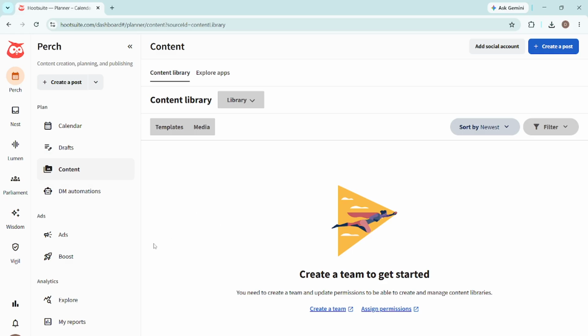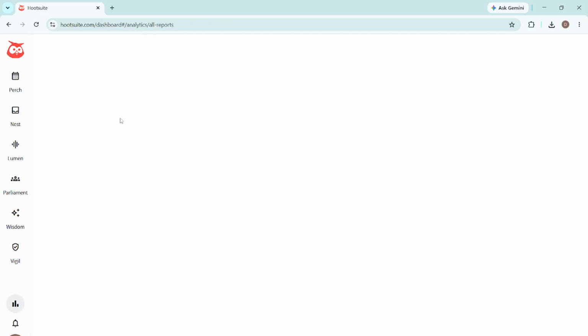Next, once you are signed in, select My Reports. On the dashboard, look for the area that shows your reports. Sometimes it is listed in a navigation menu or a section on the main screen. When you select My Reports, you are telling Hootsuite that you want to view the reports that belong to you. Take a moment here to confirm that you are in your personal reports area, since this is where you will